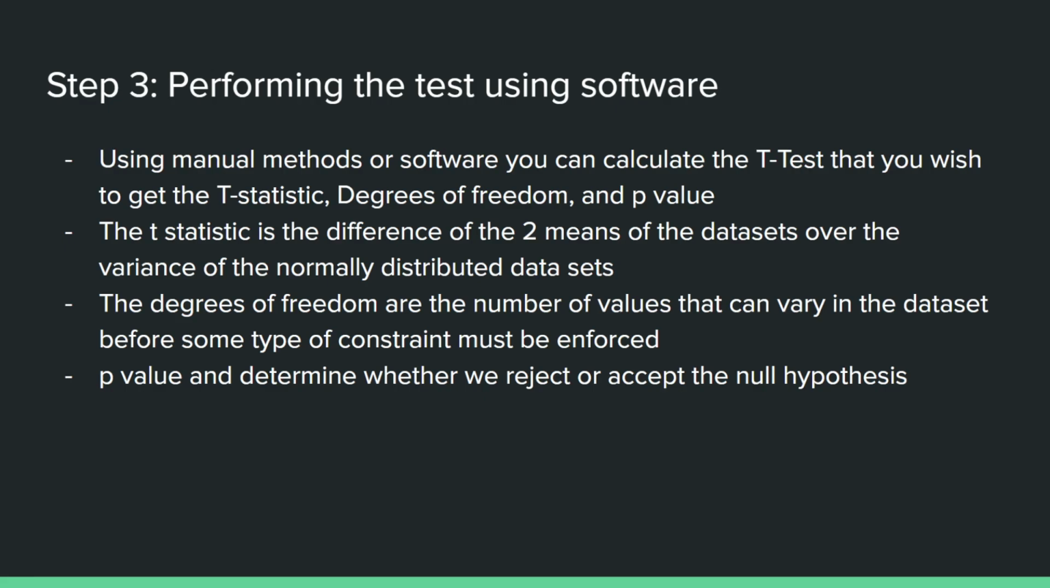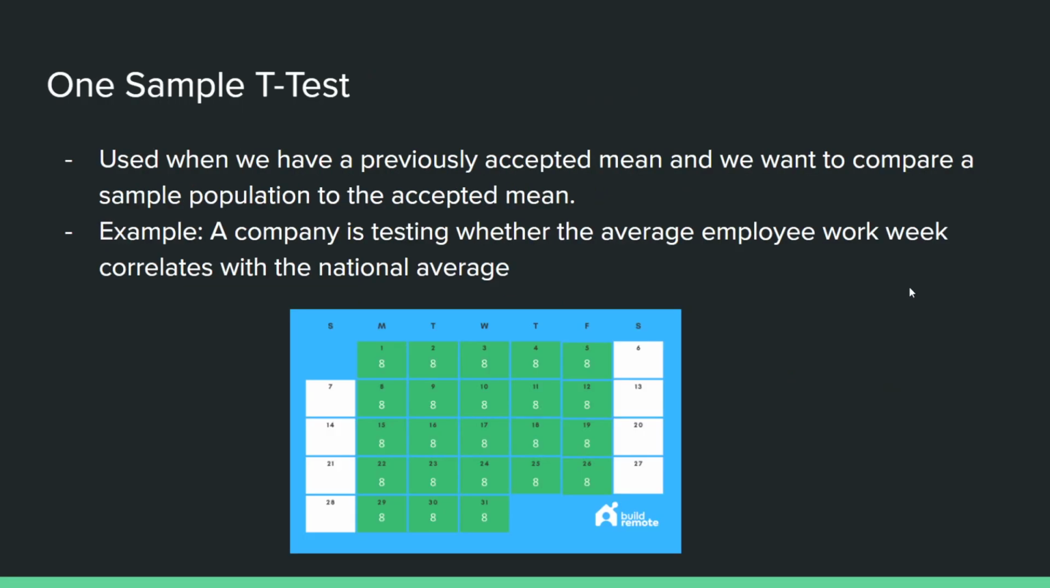Depending on the software or method that you use, you can use the t-statistic and the degrees of freedom to find the p-value to determine whether we want to reject or accept the null hypothesis. So now that we understand how to perform a basic t-test, we can find the difference between the three major types of t-tests. Okay. So first we have our one sample t-test, which is used when we have a previously